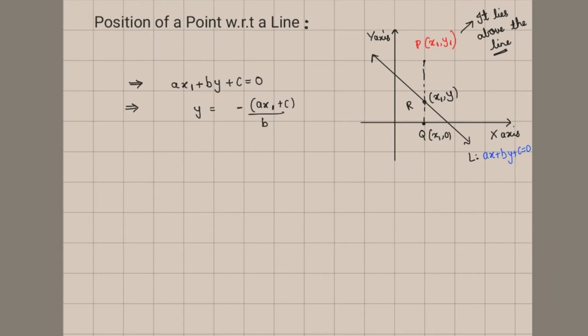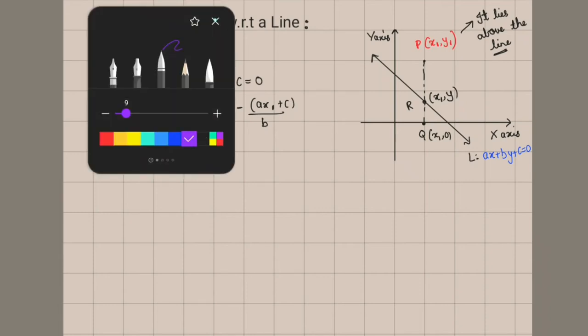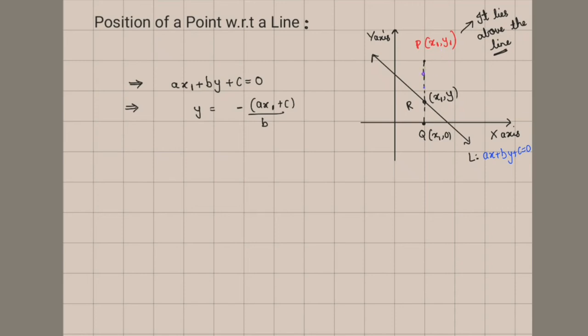If you observe any point above the line, take this point P, and other points above. For this certain x1, if you take any point above the point R, these all will have an ordinate which is greater than the ordinate of point R, which is on the line. See, it's obvious. R has an ordinate of y. All the above points will have an ordinate higher than the point R. So y1 is greater than this y. Okay, did you get that?